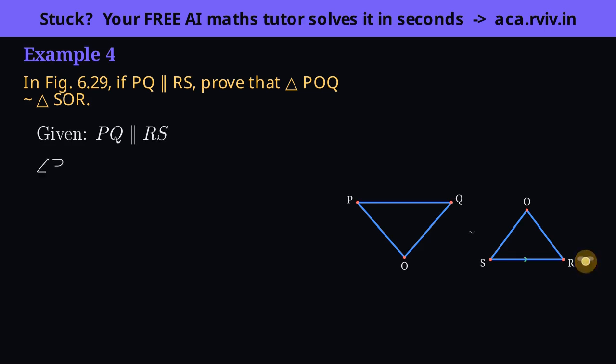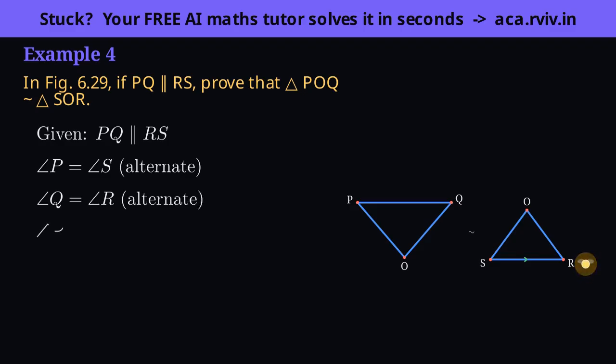Look at the line PS on our figure. It cuts straight across both parallels, so it's a transversal. Angle P and angle S sit on opposite sides of it, tucked between the parallels. That makes them alternate angles, which are always equal. There's our first pair. Now use the other transversal, QR, crossing the same two parallels. By the identical reasoning, angle Q and angle R are alternate angles too, so they're equal. That's a second pair of matching angles, one more and we're done.